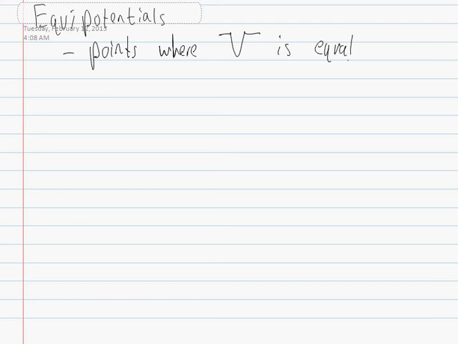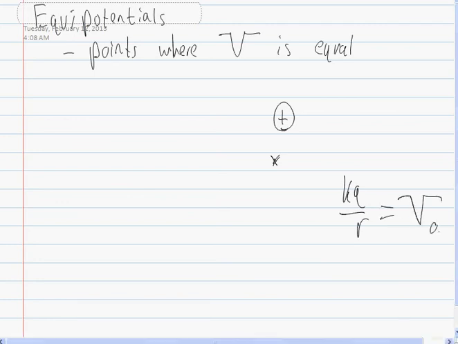It's like it sounds. So if I have a point charge here, and I choose a point over here, I can solve for what the potential is using kQ over r. Now, let's say I got some value. Well, if I was anywhere that was the same distance away, I would get the same value. So all those points would all have the same potential value. This line is an equipotential